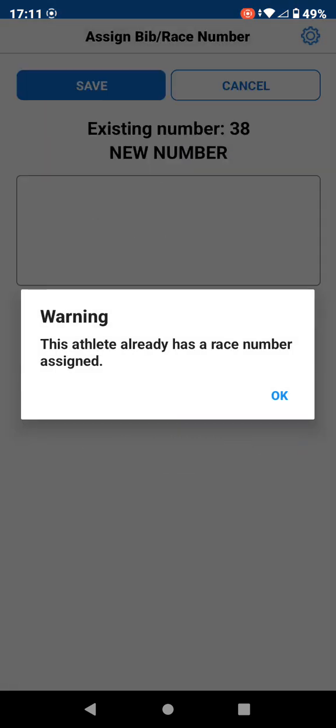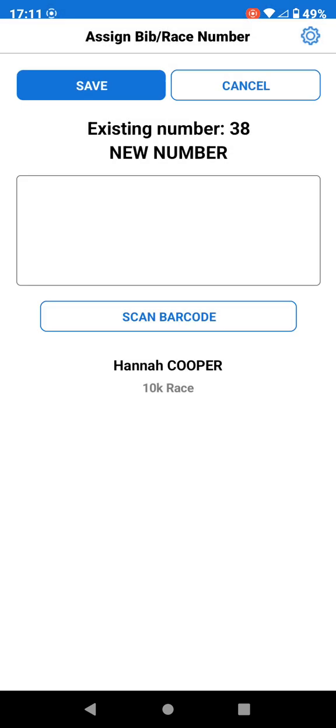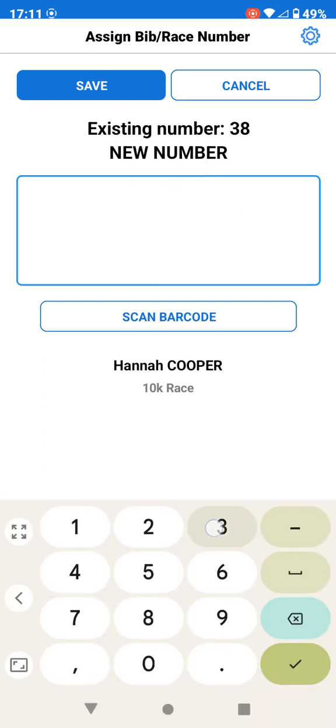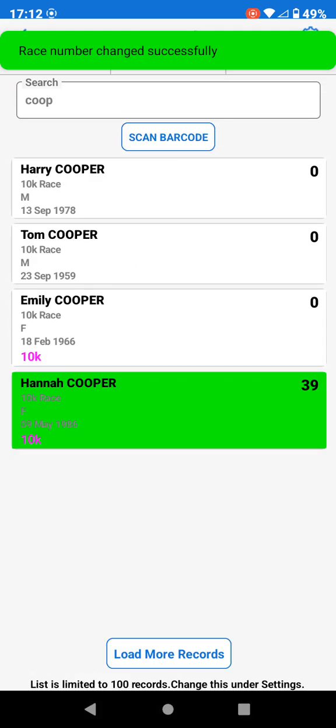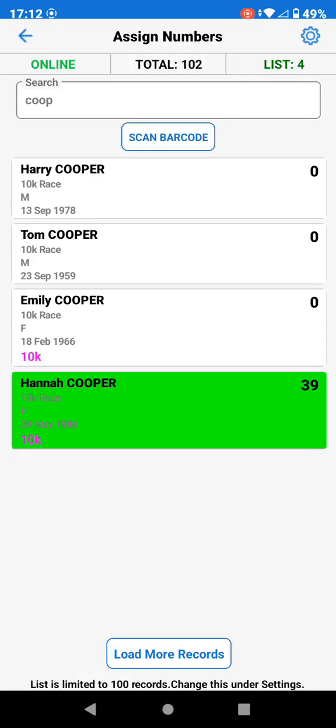Go on, there we go. It's telling me this athlete's already been allocated a number. I'm going, that's okay, 38's gone. I take the next one out of the box. It's 39. So I go back into there, type in 39, resave her. Hannah's now 39. In the same way, if Hannah walks off, she comes back 10 minutes later and says, I'm